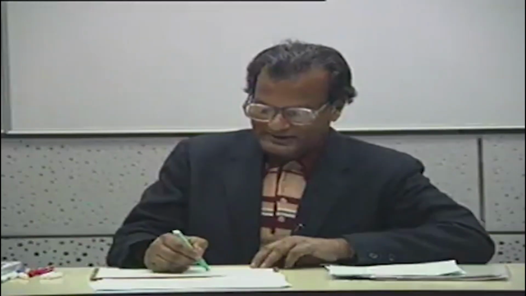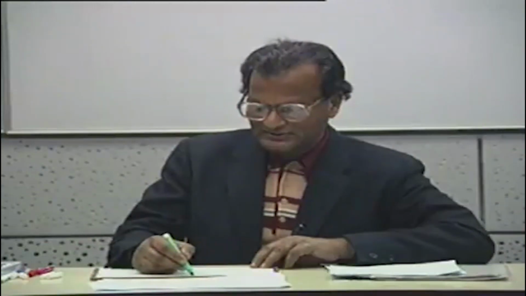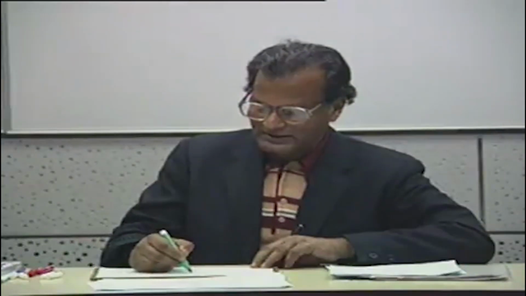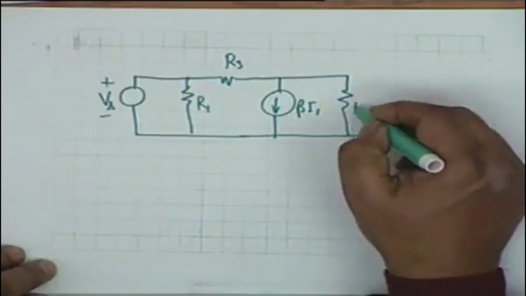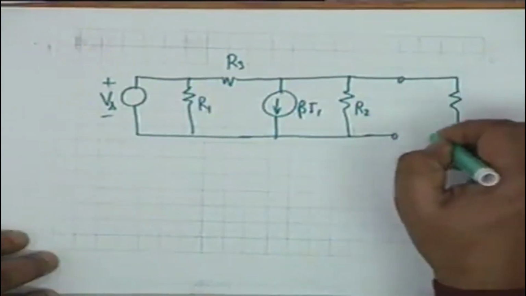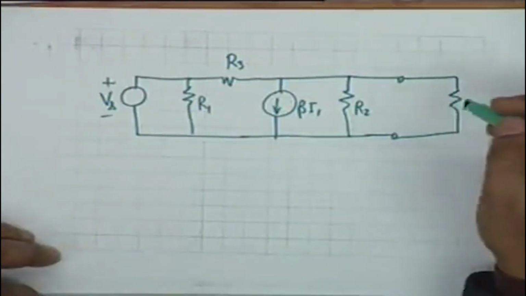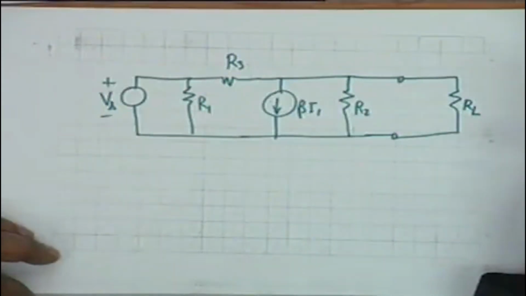But just look at it the way I am drawing it now, forget about what it represents. We are interested in solving this problem. There is a dependent current source beta I1 in parallel with a resistance R2, and this drives a load RL. What we are interested in is, let us say, the current in RL. If I know the current in RL, then I of course know the voltage in RL. This is what I wish to find out,